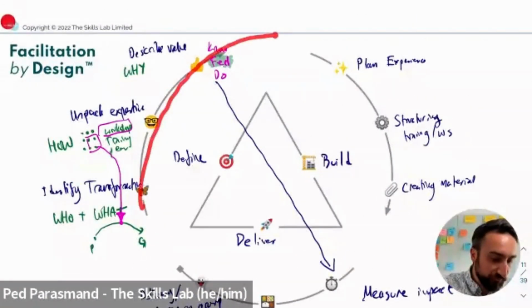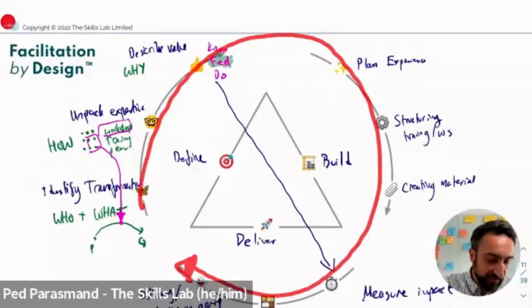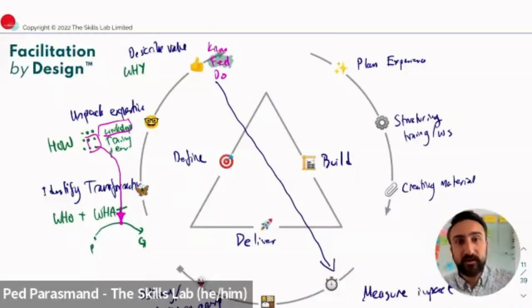That's why I call this whole framework facilitation by design, because facilitation happens way before you step into a room somewhere. So that's facilitation by design. This is all about making sure that all the hard work is done beforehand. As I said, we are going to have some questions at the end, but I just wanted to pause and see if there are any burning questions that people have right now about this.